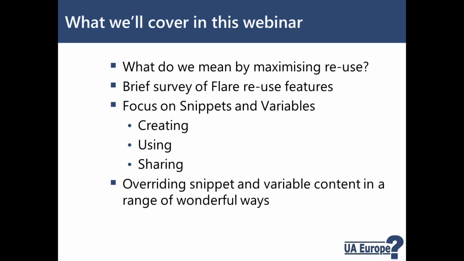Now, normally you wouldn't expect that. Normally, the thing about a snippet is you create a snippet, you insert it into 10 topics, and it looks exactly the same in all 10 topics. That's one of the key benefits of snippets. What I'm going to show you is an additional little bit of flexibility using snippet conditions that will allow us to make that snippet vary slightly to suit the specific context of the snippet where we're showing it.